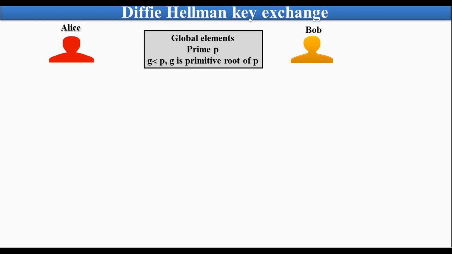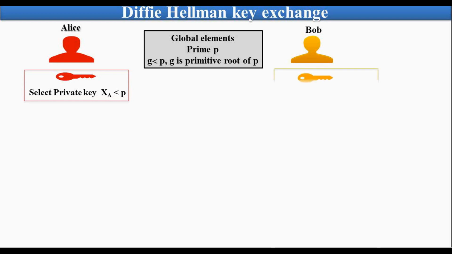Now this Diffie-Hellman key exchange algorithm is an asymmetric cryptographic system. It means any user will have two keys, a private key and a public key. So Alice and Bob will generate their own private key first. So they will be selecting the private key. Alice will have the private key XA and Bob will have the private key XB. Both numbers should be chosen by themselves and it should be kept secret. The only condition is it must be less than the prime number.